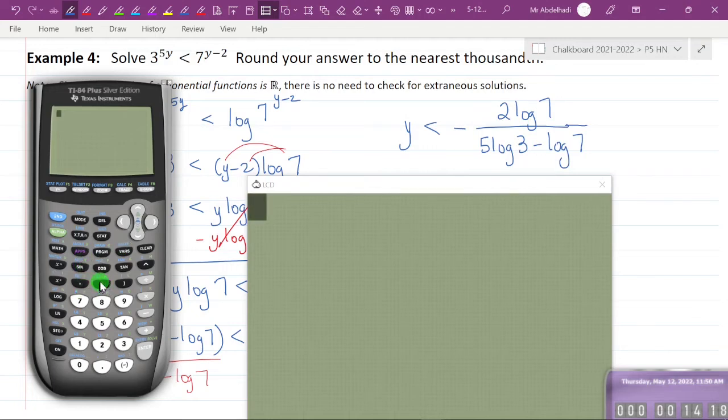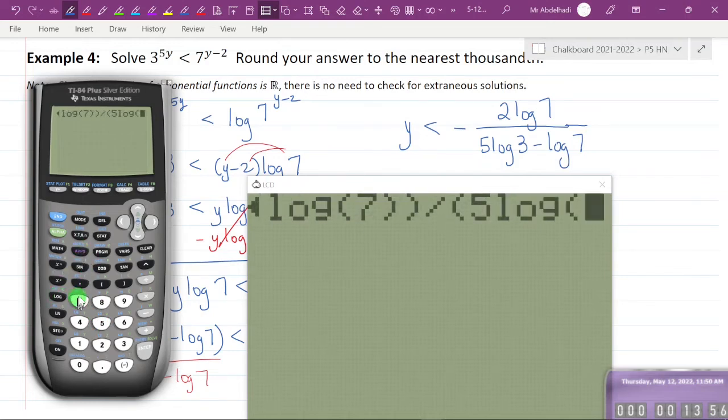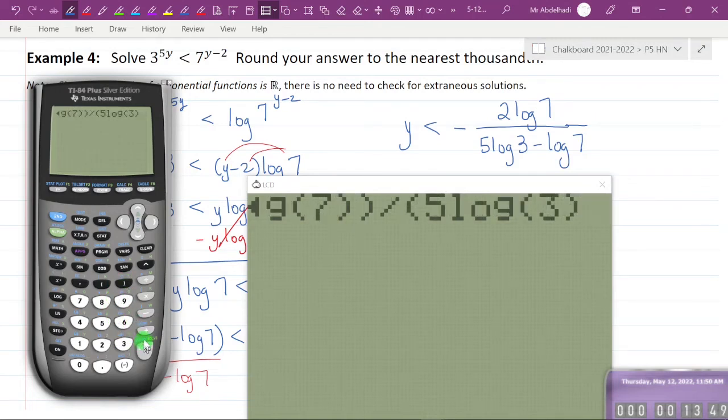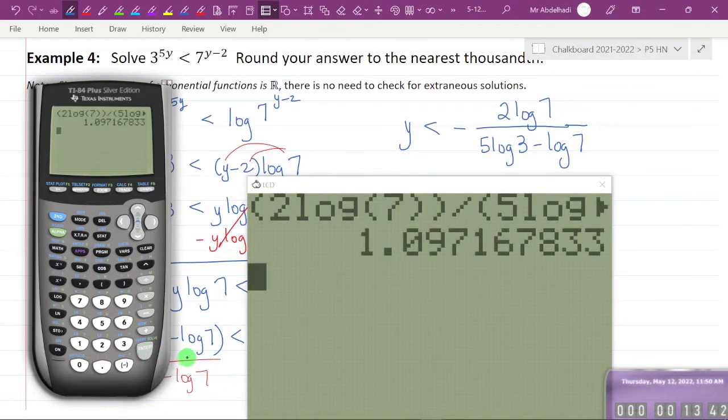So the numerator of the fraction is 2 log 7. Put that in parentheses. And then divide by the denominator, which I'll also put in parentheses. And this one's more important to put in parentheses than this one is. All this stuff here. So 5 log 3. Now 5 log 3 is 5 times log 3, but the calculator knows what I mean. I don't have to put times. 5 log 3, it knows is 5 times log 3. Minus log 7, close parentheses on the numerator and the denominator, and I'm getting